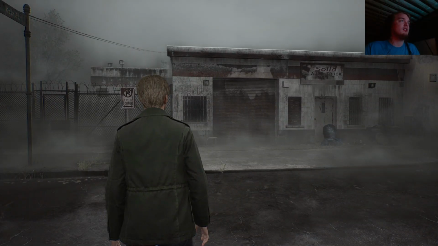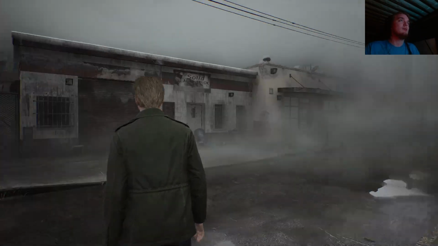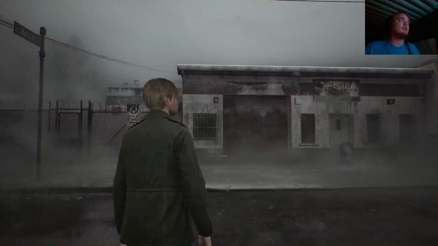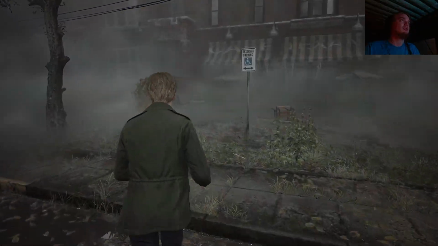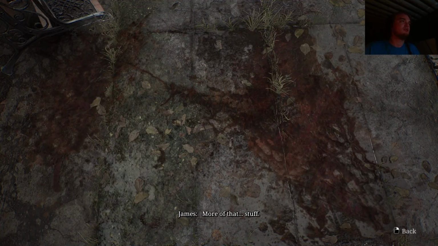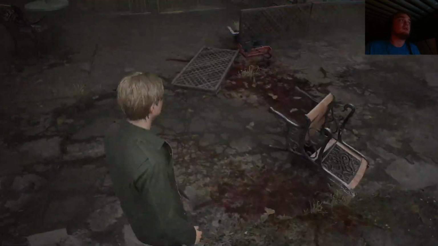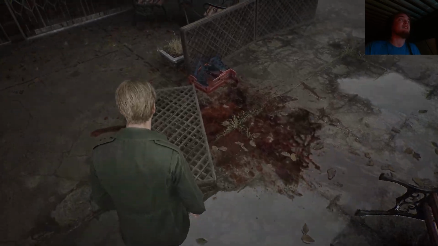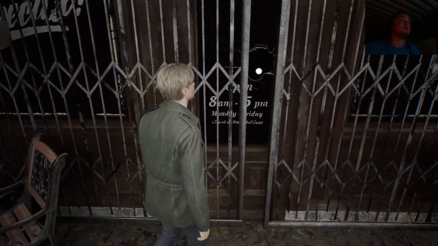Ah, solid auto truck repair. Man, there are a lot of auto places around here. Oh, look, the Texan Cafe. I like myself a good one. More of that stuff. Now, it's more obviously blood here. I actually kind of like that. That's something I never noticed, how it becomes more obviously bad. Because it definitely looked a lot more brown before.